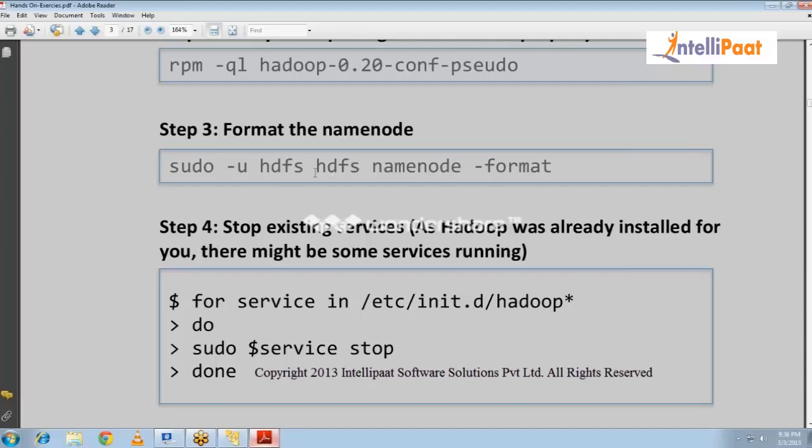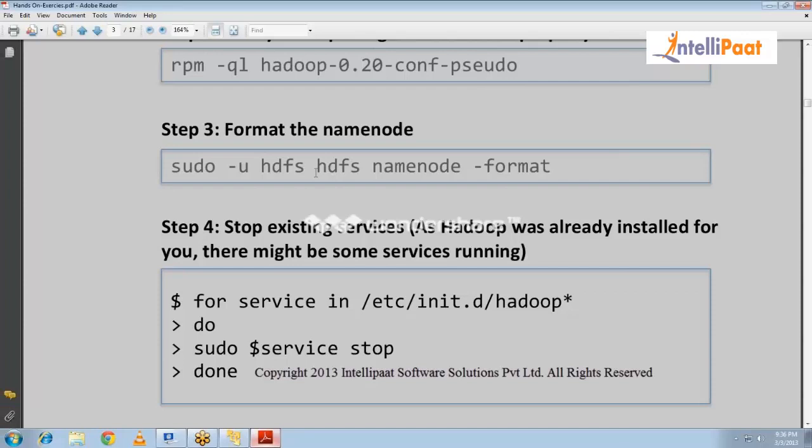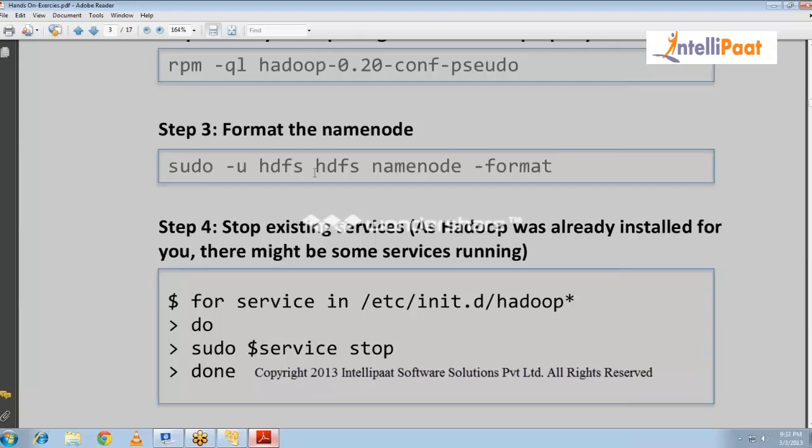That means, I want to format my name node and consider me as a super user called HDFS for Hadoop. You're saying format my name node, and I have the authority to format because I am user HDFS, who's the root user on Hadoop. Clear? Now let's stop all the existing services.